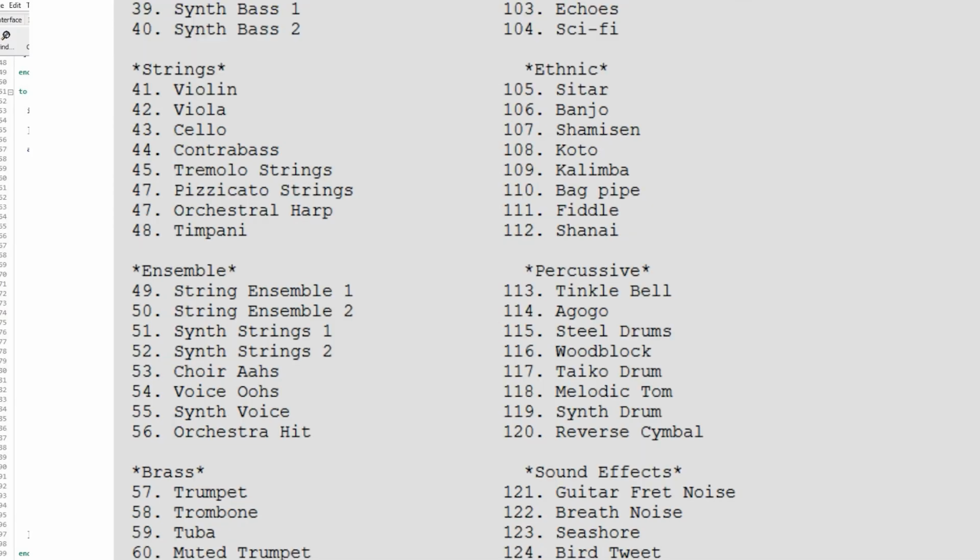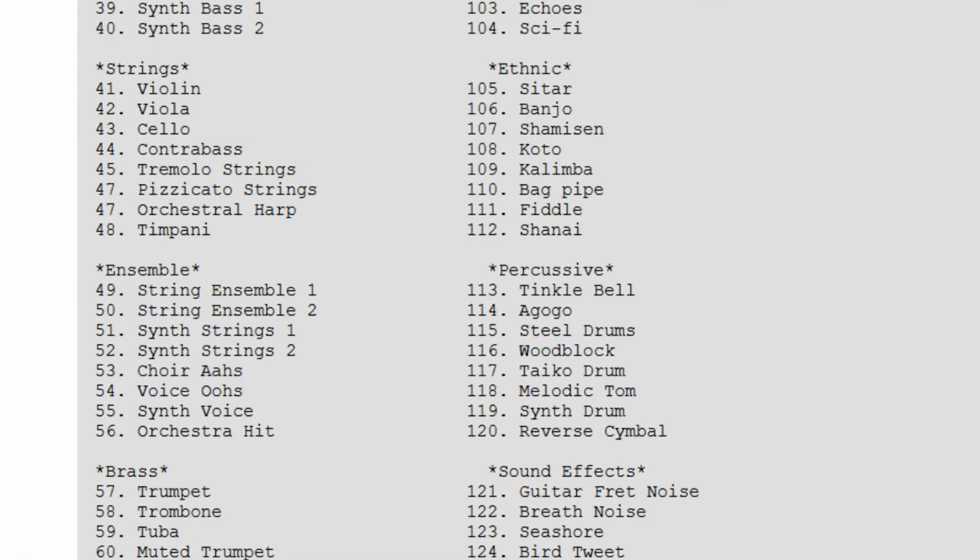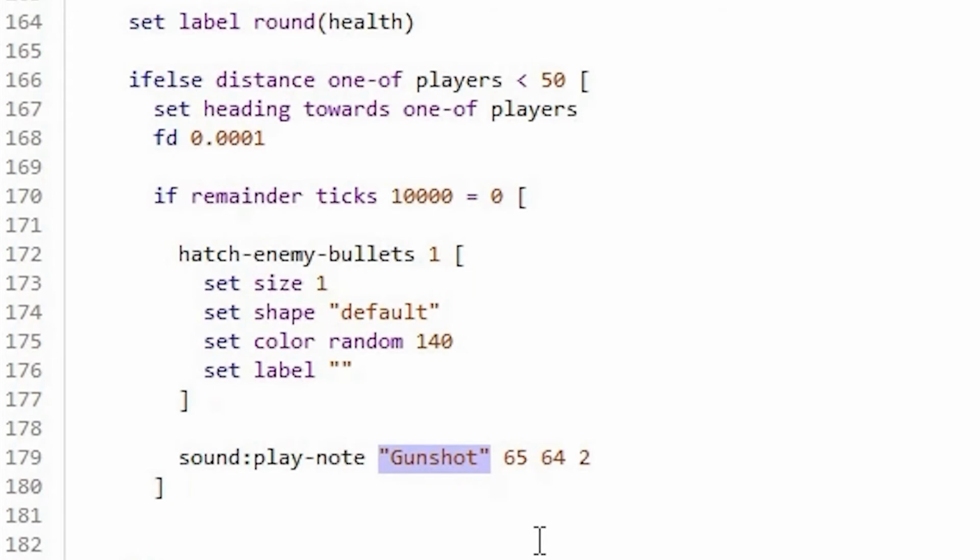So here we can define a sound called gunshot, and also we can specify a note here. Other things are related to duration, etc., but right now I'm interested only in the type of the tone we are going to use. It's a gunshot tone, and 65 is a key in the middle of the keyboard. So it will be some kind of middle tone which is not too low or too high.